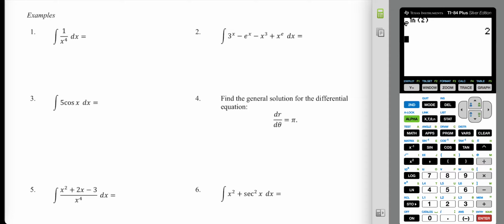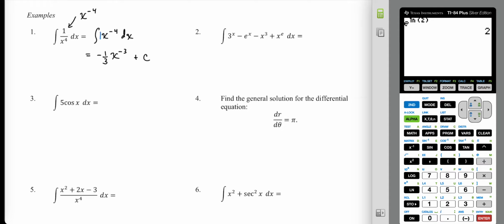That's an awful lot like a power relation if that 1 over x to the 4th was written as x to the negative 4th. So we would be saying here the antiderivative of x to the negative 4th dx. So by rule, we would increase the exponent by 1. Now there's that understood coefficient of 1 in front of the x, so we'll divide that understood coefficient by the new exponent. So we would end up with a negative 1/3,